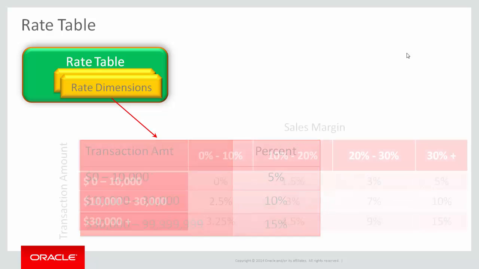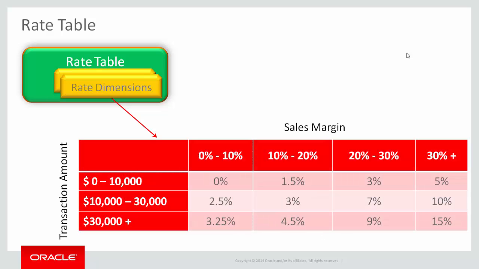If we layer on top of that a second dimension, so maybe I want to measure not only the transaction amount of 0 to 10,000, 10,000 to 30,000, and 30,000 and above, maybe I also want to take into account the sales margin. Maybe if it's between 0 and 10%, 10% and 20%, 20 to 30, and say 30 and above. And so what we've done here is we've created this matrix, or what we now call a two-dimensional rate table. And the ability of Oracle Incentive Compensation is that you can potentially have an infinite number of dimensions to support